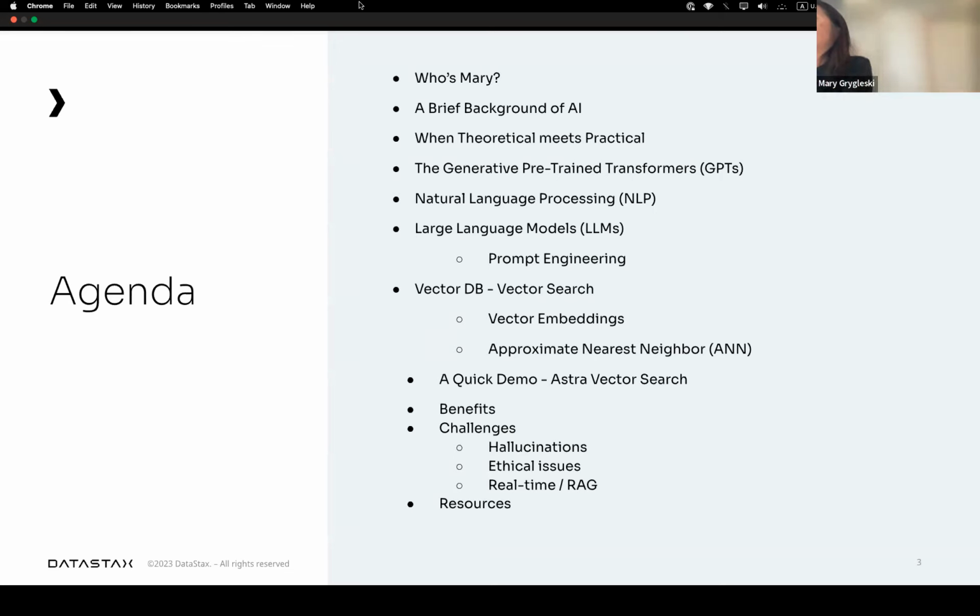And if there's time, because there may not be enough, I'll show you how you can use our free tier of Astra DB, which is our managed Cassandra on the cloud. You can try out our vector search there for a $25 credit per month. You don't need to give your credit card. I'll be sharing that information with you, and after that, we'll share some of the resources. So that's the plan for today.